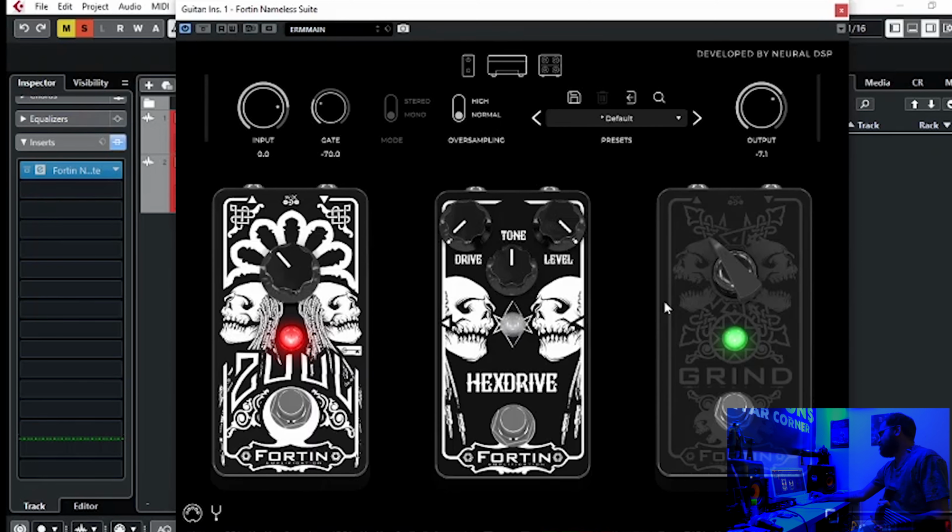How to describe it? I would say it's like a clean boost. Well, not really a clean boost. It's more like one EQ setting, like a Tube Screamer that's quite gritty, but it's totally amped to 11, and you adjust the level with that one knob. So in the default setting, I've got the Grind on, I've got the Zool on, and what you have is just